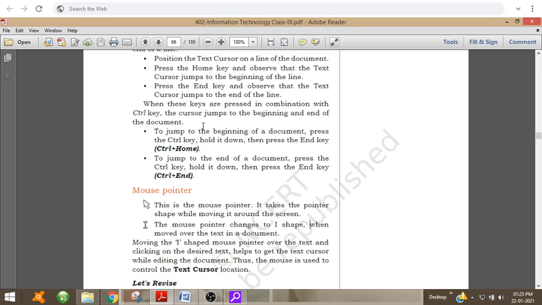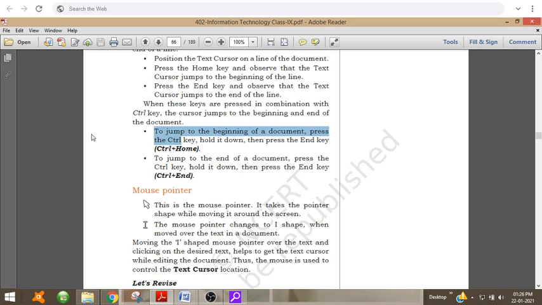When we move the mouse around the screen, the shape of the mouse pointer will be like this. The mouse pointer changes to an I shape when moved over the text in a document. Now you can see my mouse pointer is in the I shape because I am moving it around the text.